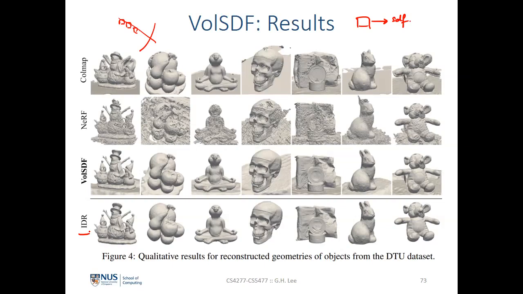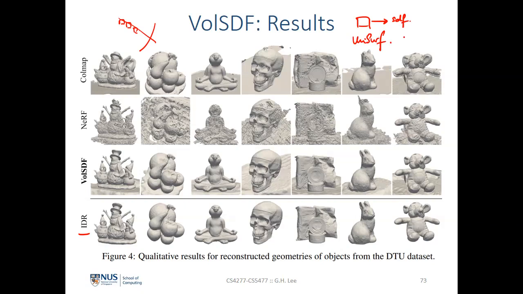Before this paper, there's another paper called UniSurf, which also mentioned this. There are altogether three papers on this. But for IDR, because they need to know where the surfaces are,